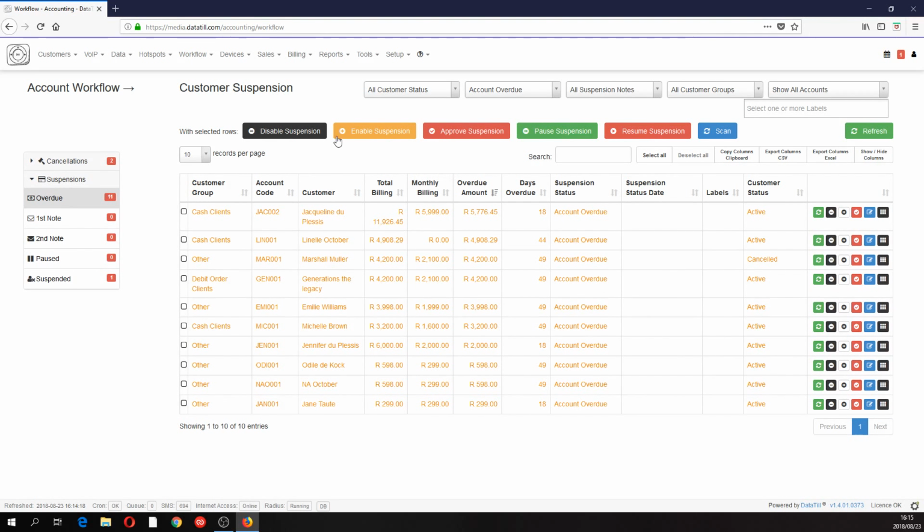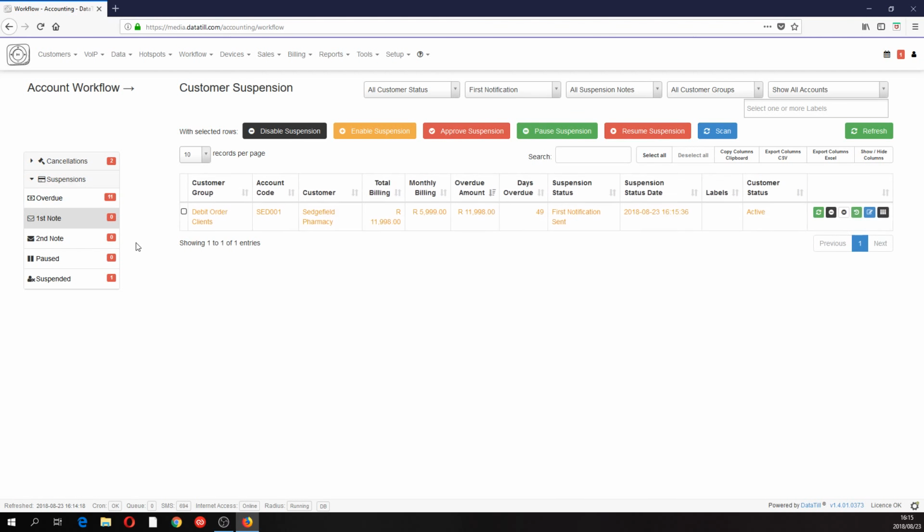So according to either your global suspension settings, your customer group suspension settings, or the specific suspension settings which were set on that customer profile, that will determine when the customer gets a second notification and when they will be actually suspended. Once a customer has been queued, they will move to first notification. Once they receive their second notification, they will move to the second notification,